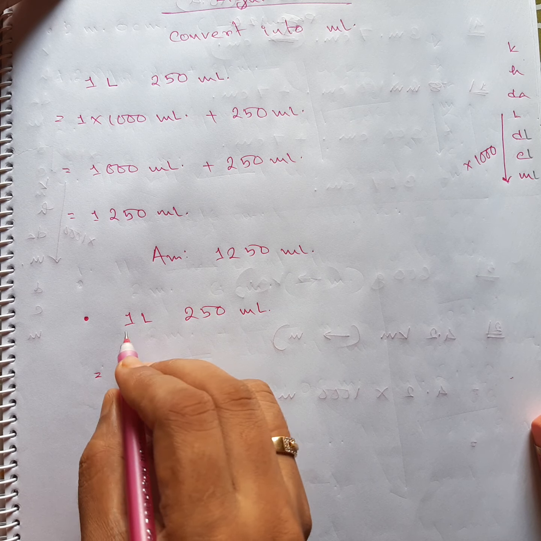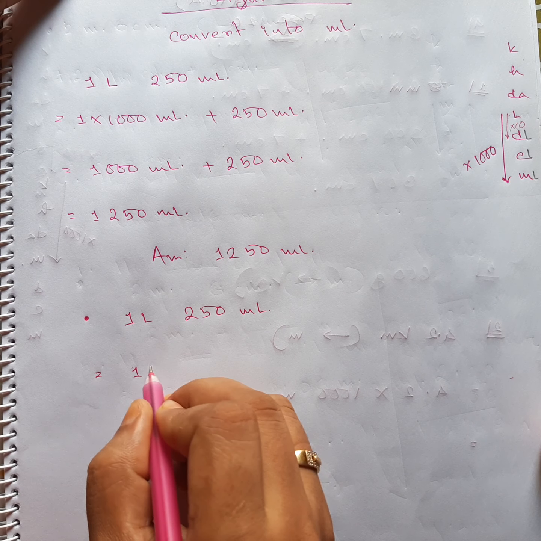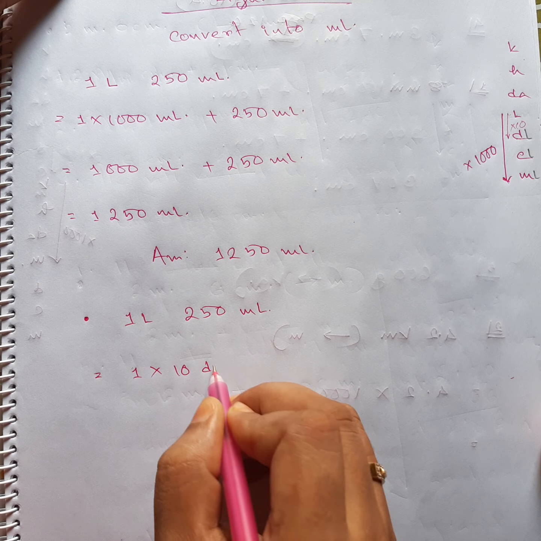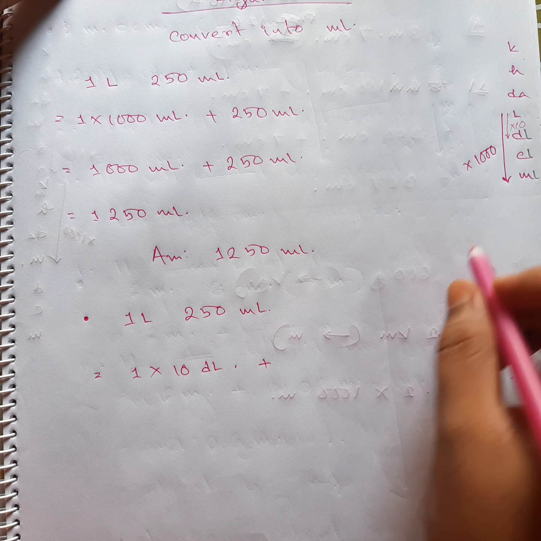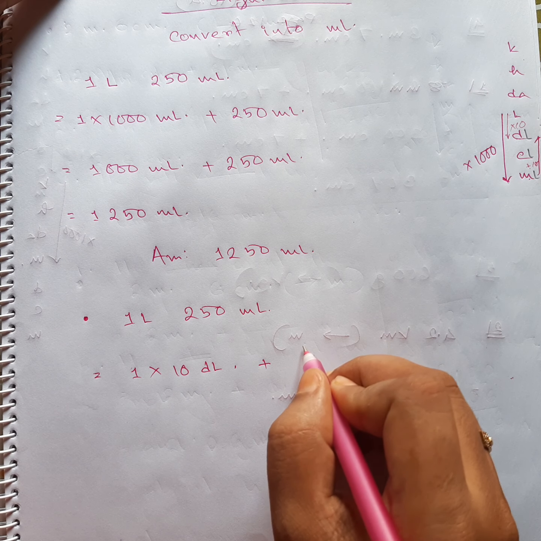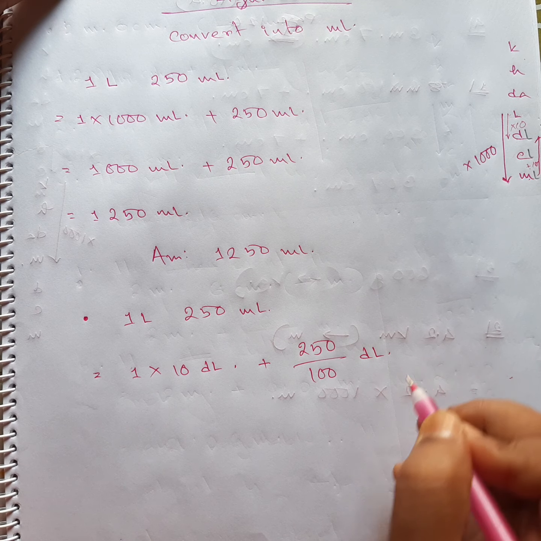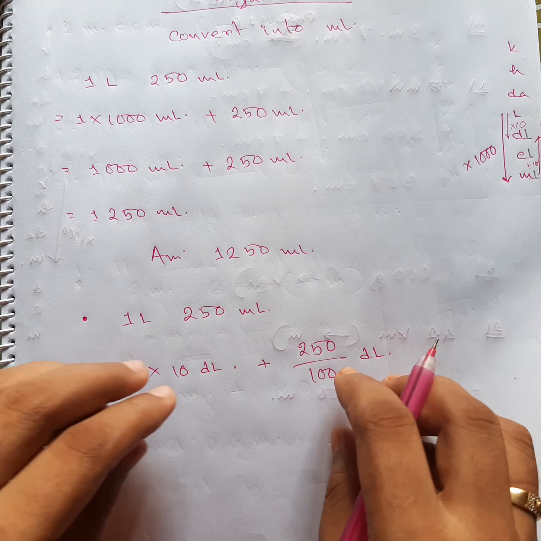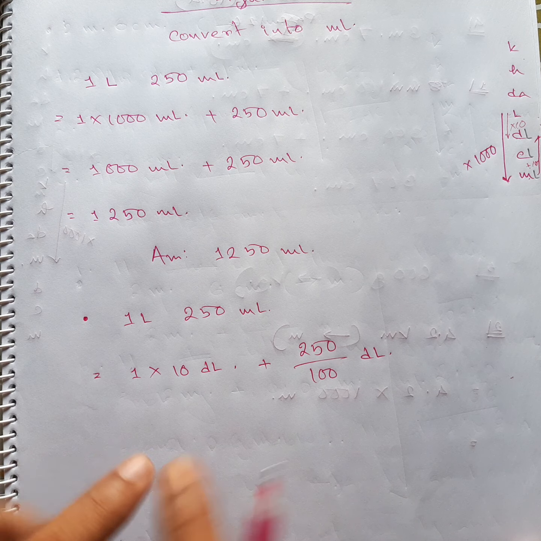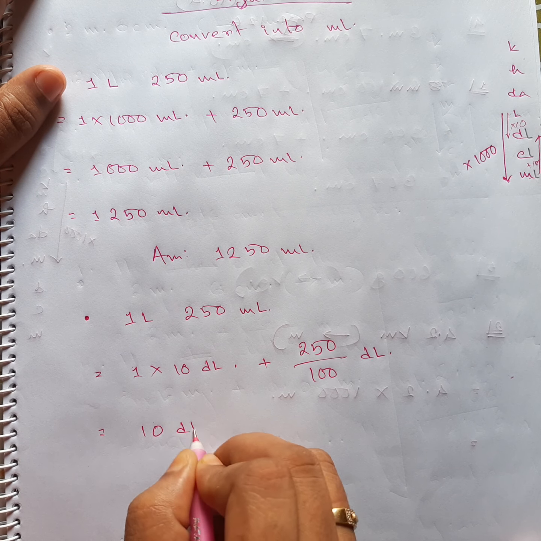So let's do it. If I want to change 1 liter to deciliter, I have to multiply by 10. This one will get changed and this one will be deciliter. Going from milliliter to deciliter we are going up, so we are dividing by 1, 2, 3 digits. Our 3 digit number is this, and this one will be deciliter. We are doing both parts of the math at the same time. In both parts, the deciliter one is 10.